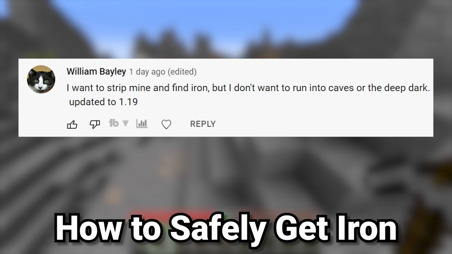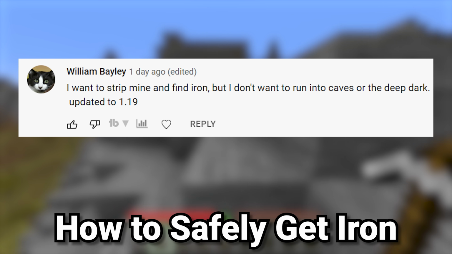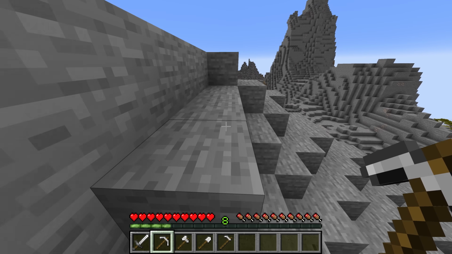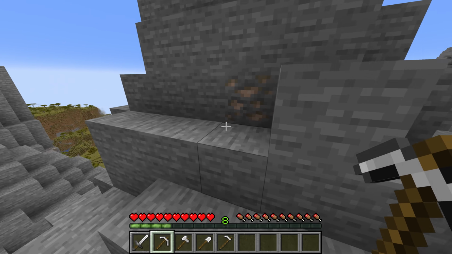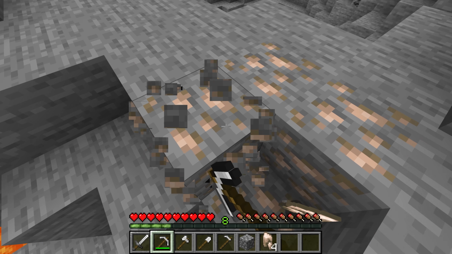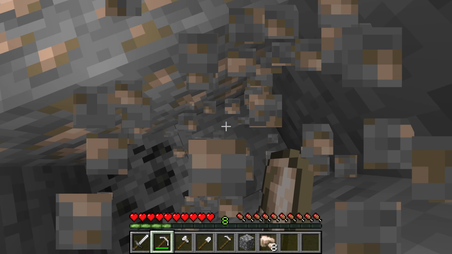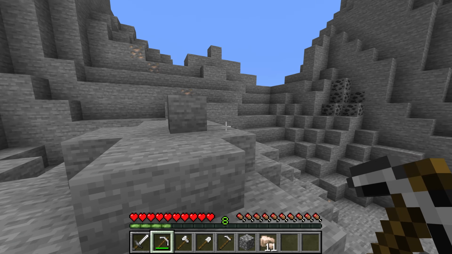The first question says, I want to strip mine and find iron, but I don't want to run into caves or the deep dark because they're updated to 1.19. Well, of course caves and the deep dark are quite dangerous, so you have two or three good options for getting iron without that. Your first option is the Stony Peaks biome. This generally generates around deserts and acacia biomes as well as jungles, and it features a lot of surface iron as well as surface coal, and I would say it's more than you would need as it is